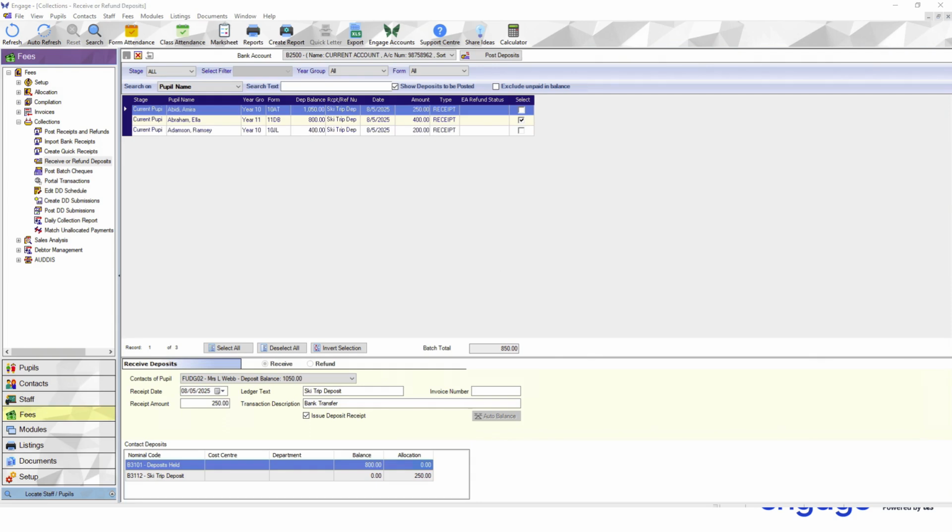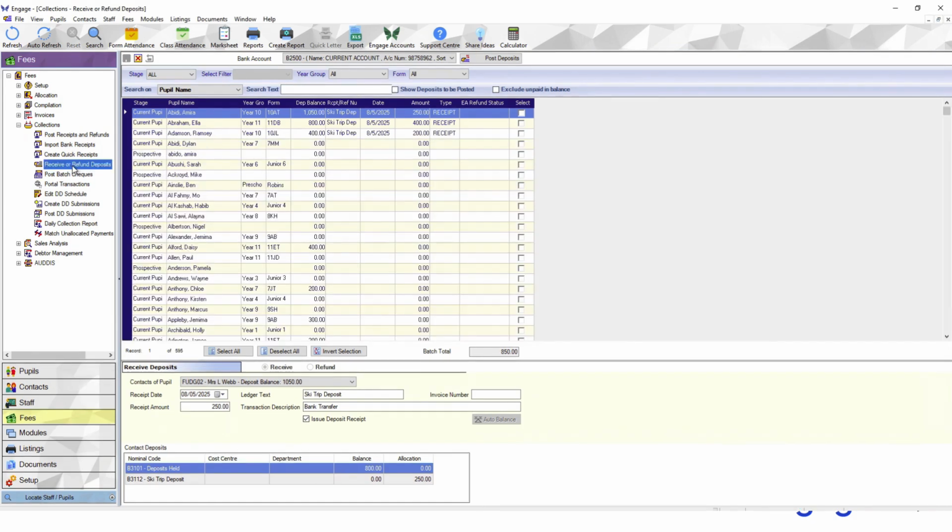The other option you have in this screen is to issue a refund. So the same process. I come into Engage and now I'm finding my student, Jemima, and I want to issue a refund. So I select refund. I want to issue them $300 refund here for a deposit that they've paid,